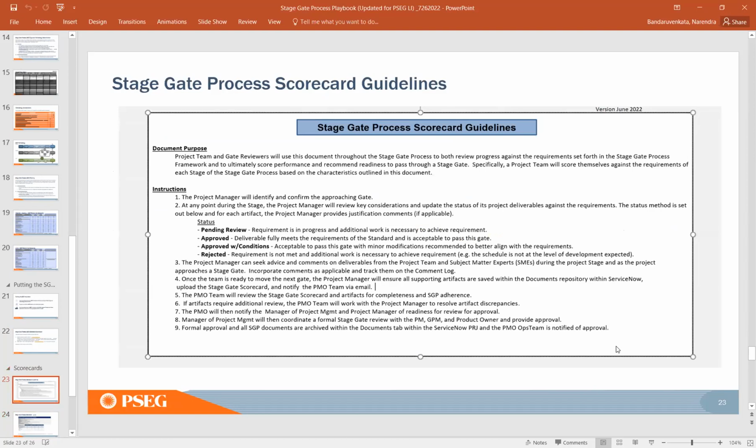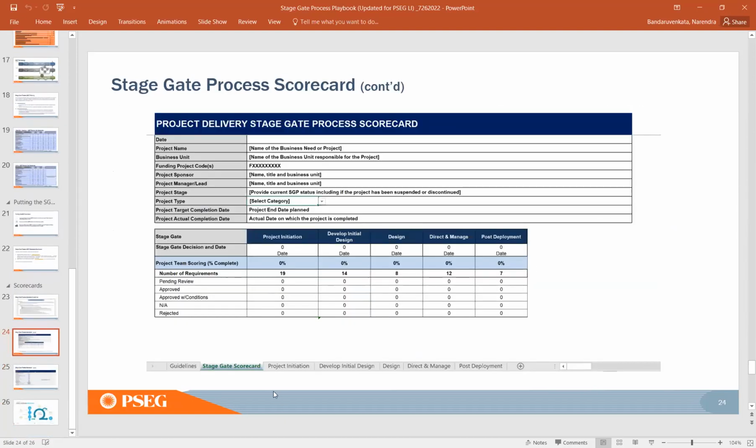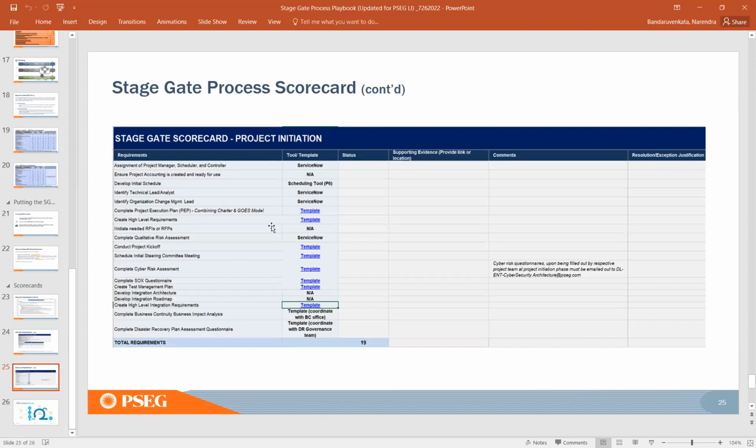This is an Excel file. You will see that it has all these stages mentioned here. So if you are in project initiation and moving into the design phase, then you will complete the project initiation tab. Provide all the details, and we expect the project to be 100% compliant before moving into the next stage, or at least have a proper explanation and approvals for any exceptions. Okay, so this is how it looks. Here you provide the evidence of whether you did all these activities; if it is in ServiceNow, provide the link, etc. Okay,